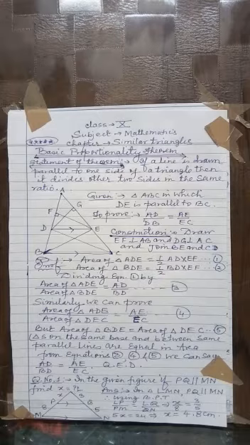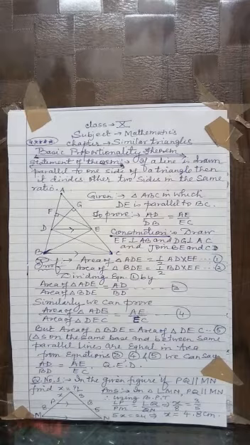The "if" part means given, and then you have to prove it divides the other two sides in the same ratio when a line is drawn parallel to one side of a triangle. So you have to see what the statement is and accordingly prove it. Every proof is given under the headings: given, to prove, construction and proof, supported by your reasons. First you draw the figure as I have drawn here: a triangle ABC is given in which DE is parallel to BC. To prove: AD upon DB equals AE upon EC.